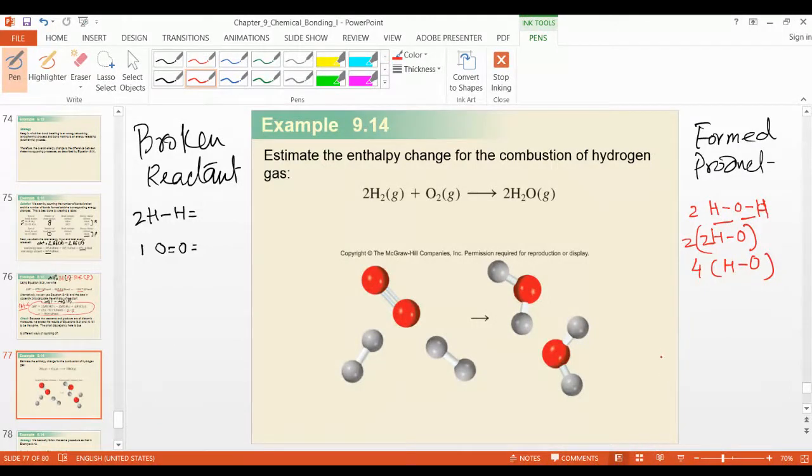No, you cannot consider this as a single bond, my friend. It's not 2 oxygen or 1 hydrogen. This is only a single bond here. Of course, oxygen can make a double bond, 1 here and 1 here, but the total is 2 bonds, right? So 2HO we can write here, just like we have written here. 2HO bond, but this is the total inside 2HO and outside multiplied by 2. That's why it is 4HO bond.